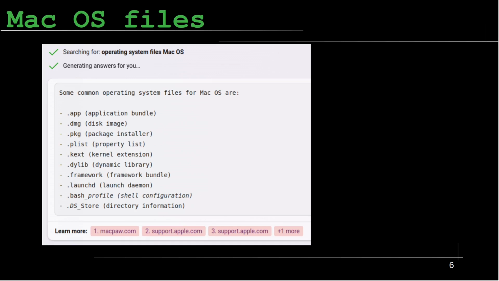Some common operating system files for Mac OS are .app, application bundle, .dmg, disk image, .pkg, package installer, .plist, property list, .kext, kernel extension, .dylib, dynamic library, .framework, framework bundle, .launchd, launch daemon, .bash_profile, shell configuration, and .ds_store, directory information.